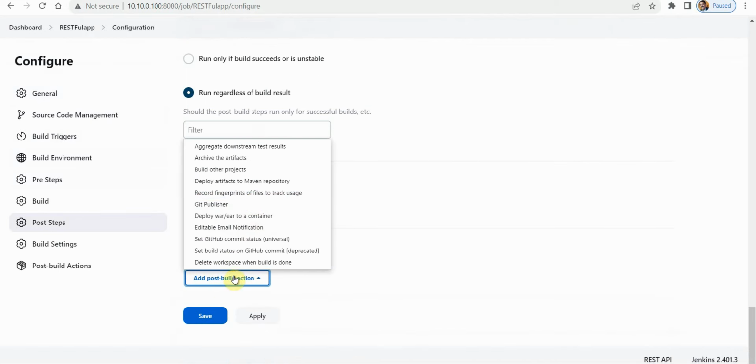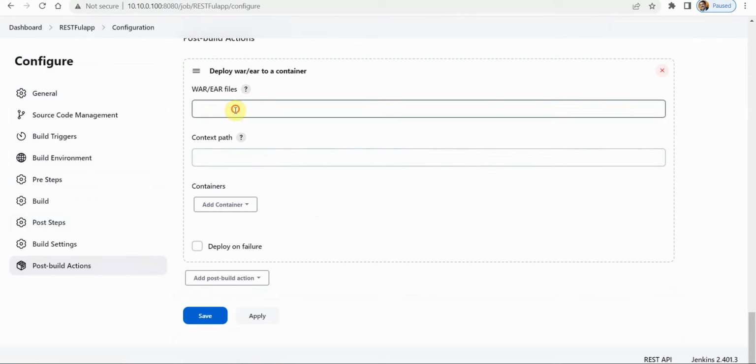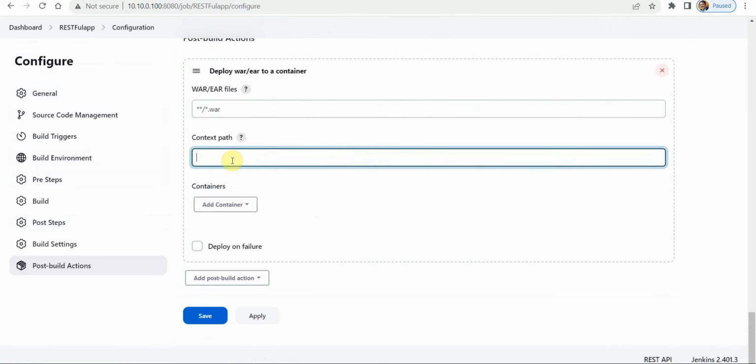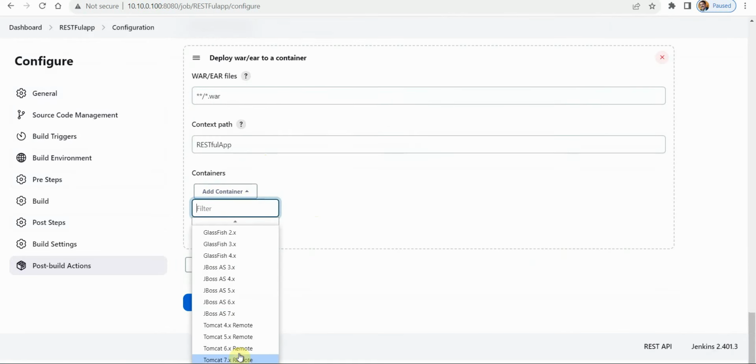So this is my post build action, Deploy to Container. Where is my container? So I specify which war file: star star slash star dot war. It is going to deploy that war. Context path: RESTful app. This is where I want my application. Add container. Yes, I have a container running